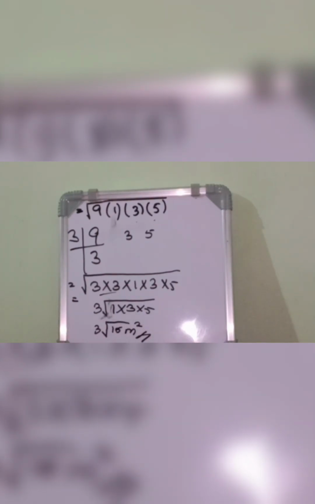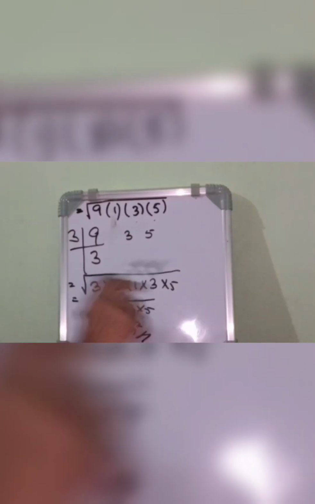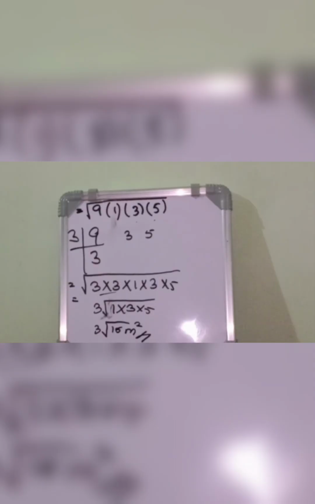Now let's recap everything. First, you have to read the question, understand it, and write the given. Then you have to find the S value first and then substitute the given values in the formula. Then simplify that. If you find two similar numbers like 3, 3, you have to just take one, because it's under root. So when you come out of the root, only one number comes out.